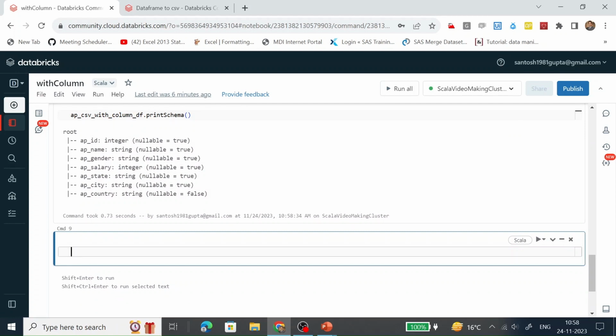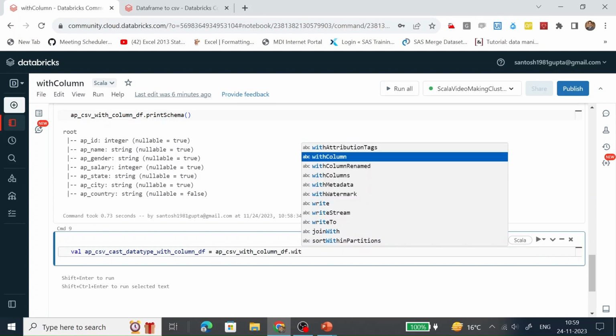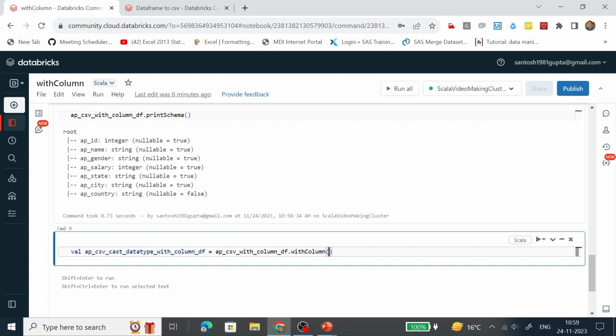Let's create a variable. This is the name of the data frame. We need to call the withColumn function, and here we have to put which column's data type we are going to change.